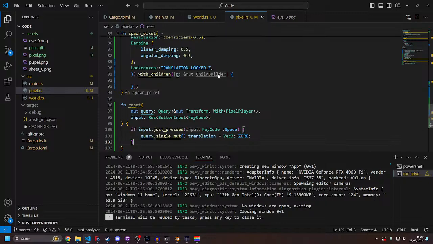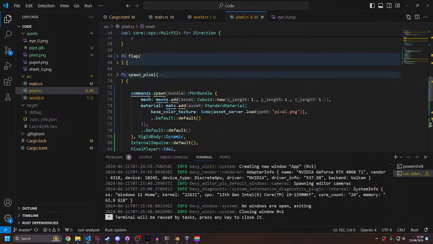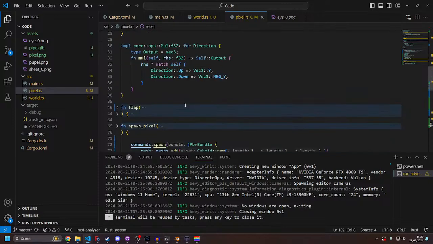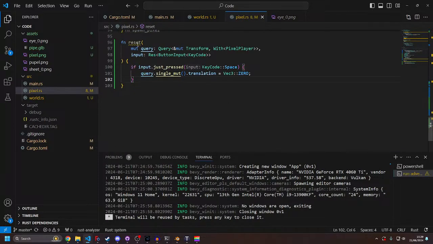I should probably write a proper system that actually resets everything, because at the moment the player's velocity, everything's going to be kept. But yeah,